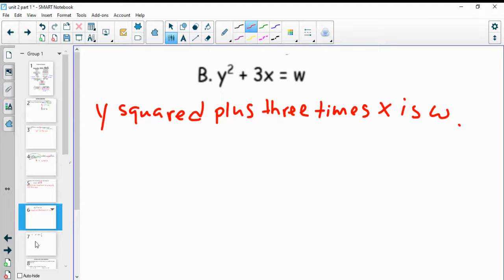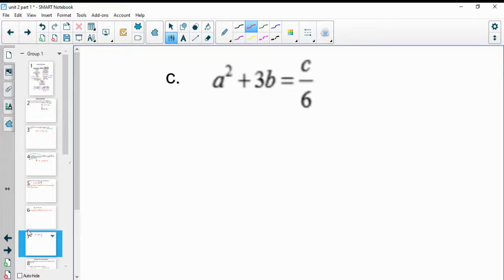Let's look at one more example, and that's part C. So as I go through and read this, it would be a squared plus 3b equals c divided by 6. So I can start translating that. So we've got a, and I could use squared again, but this time let's change it up. Let's say a to the second power, a to the power of 2. I would take both of those representations. So a to the second power